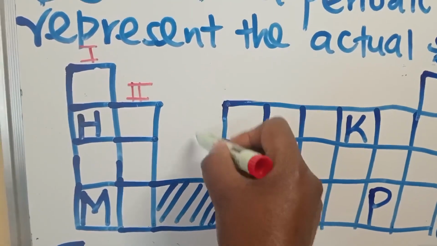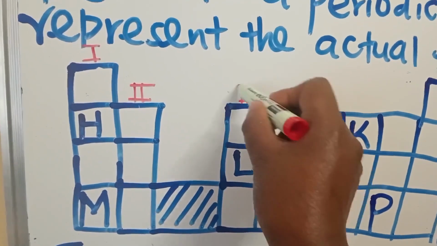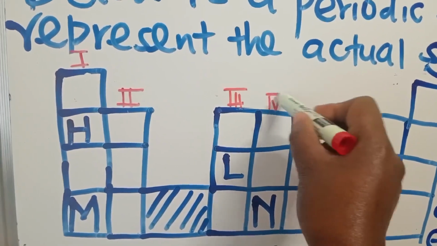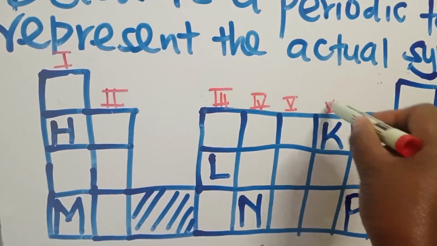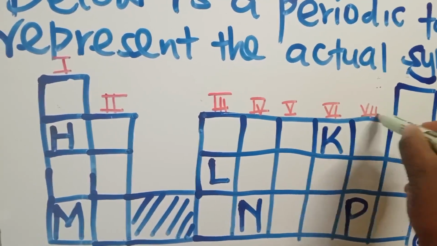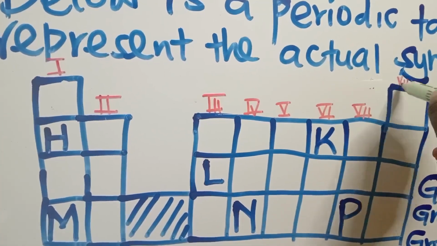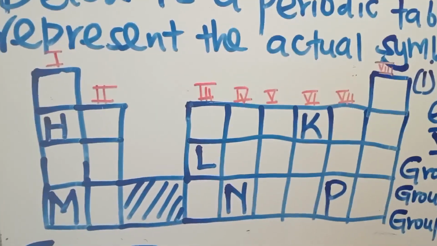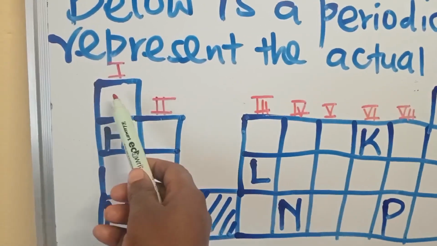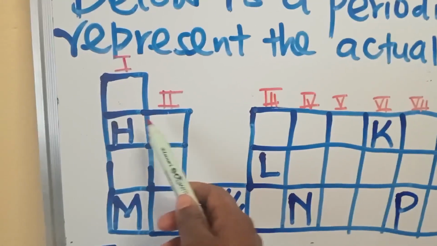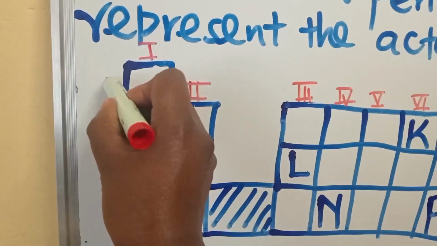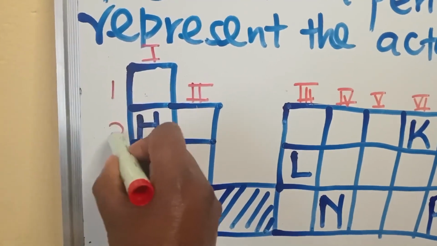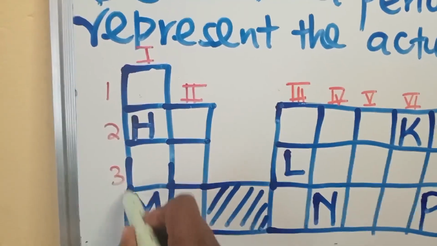We jump this space, we go to Roman 3, to Roman 4, Roman 5, Roman 6, Roman 7, Roman 8, up there. Then to the horizontal ones, these are the periods, and this is period 1, period 2, period 3,